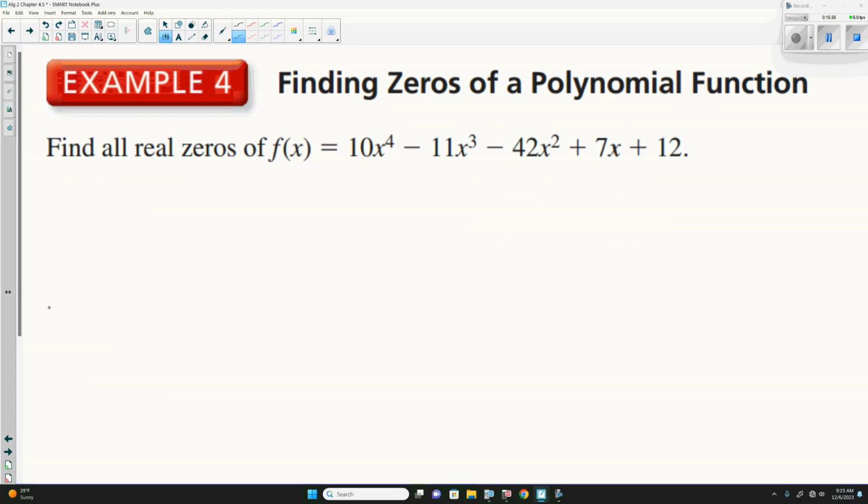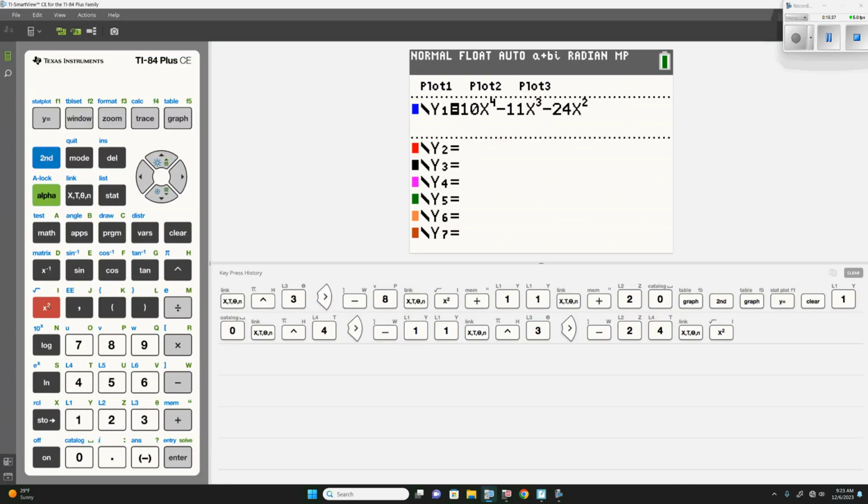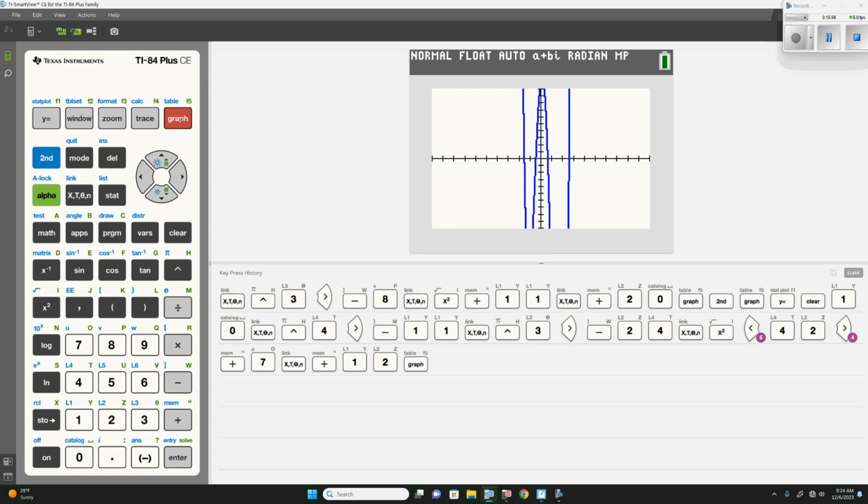Minus 24x, or 42x plus 7x plus 12. That might make a difference. X squared. 7x plus 12. Graph. 10x to the 4th minus 11x cubed minus 42x squared plus 7x plus